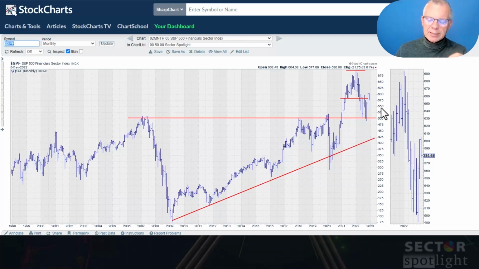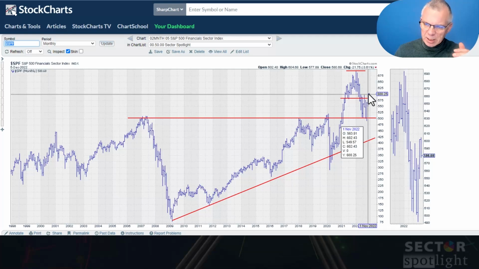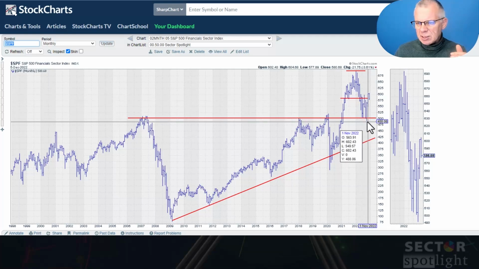We're not there yet. In terms of trend, financials has no trend because this high is higher than the previous high, and this low is lower than the previous low. So it's one of the sectors, there are a few more in the universe at the moment, where there is no clear trend available, no uptrend or downtrend. So it doesn't check the boxes for higher highs, higher lows, or lower highs, lower lows.